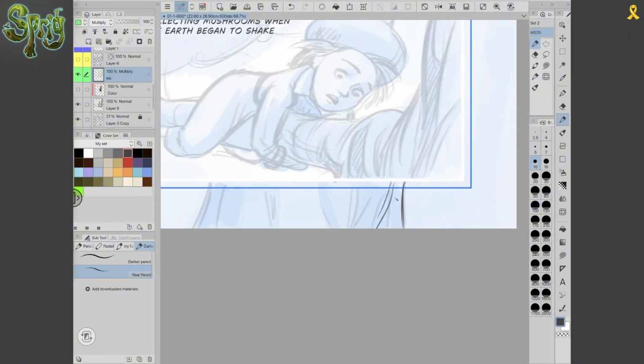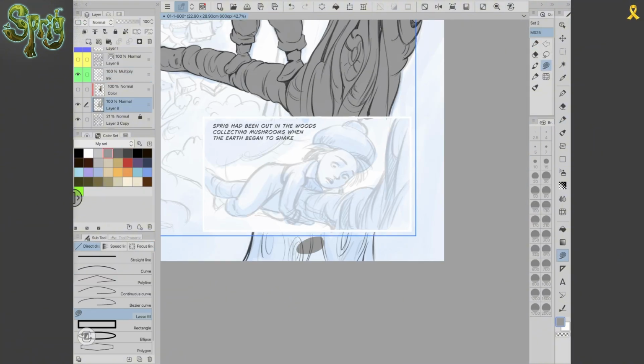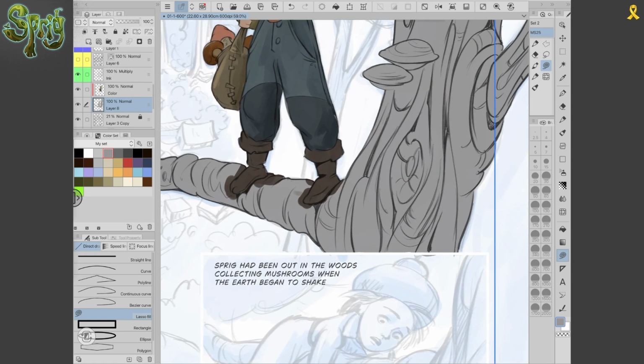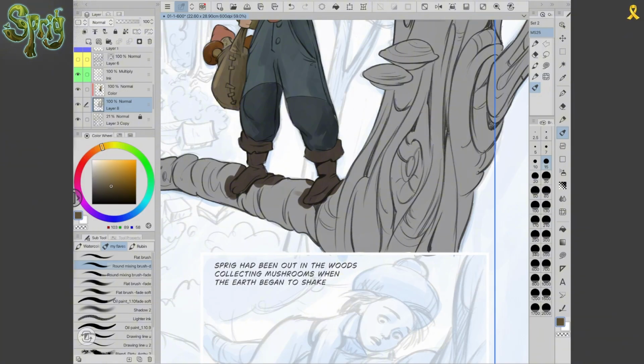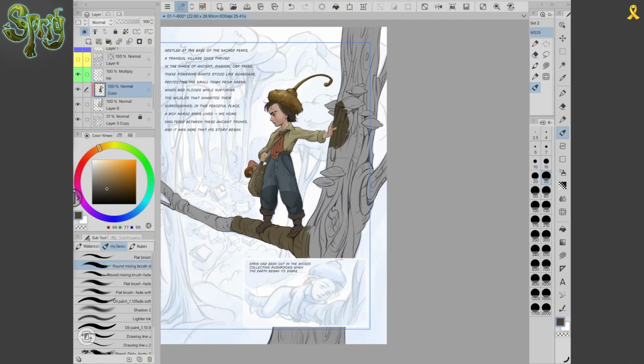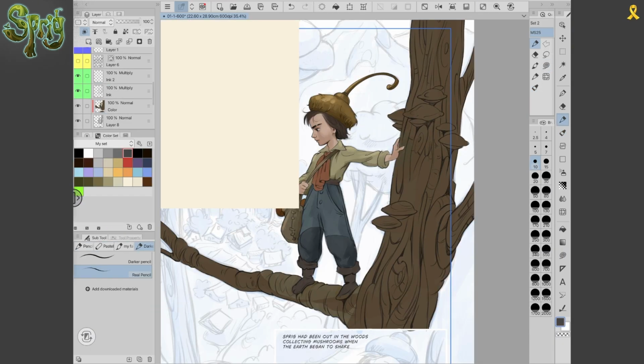I noticed that I forgot this part of the tree, the trunk, and I added it a little bit later, but it doesn't matter. Okay, as you can see, I painted this guy, my character design, my character, in the previous session, you can see it there. And now I just continue and proceed to add colors here and there, and of course I add some kind of basic color of